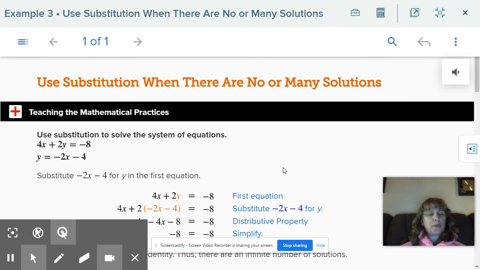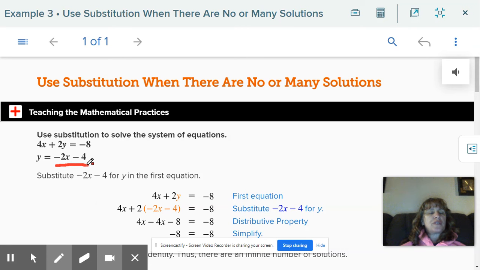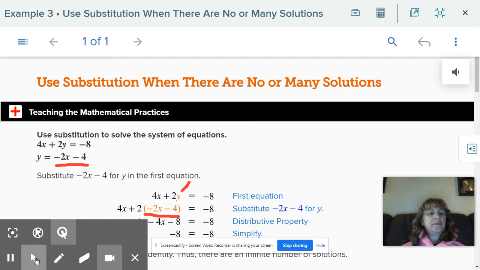So this example shows your y equals, the substitution you're going to use is negative 2x minus 4. And of course, notice it down here where they see the y, that's where they're substituting. So your new equation, after you substituted it, is 4x plus 2 times negative 2x minus 4, close parentheses,